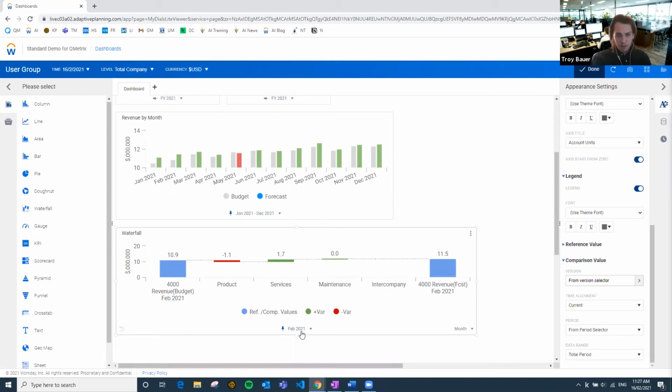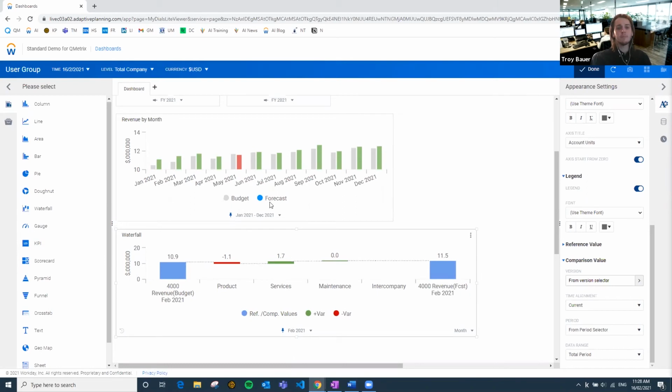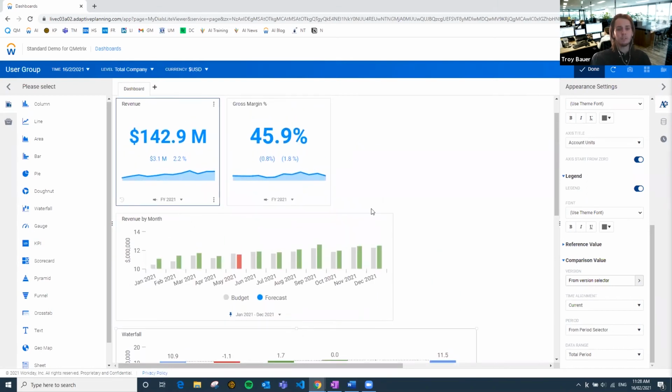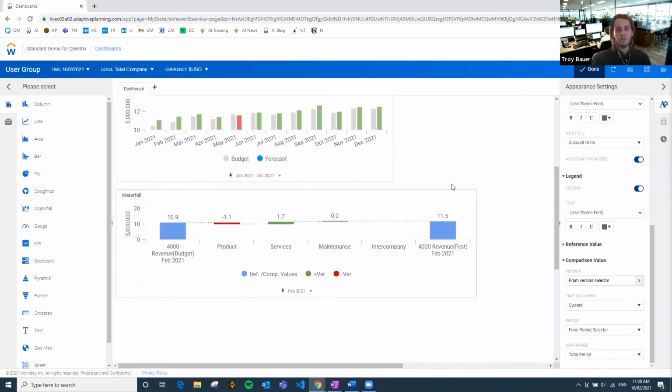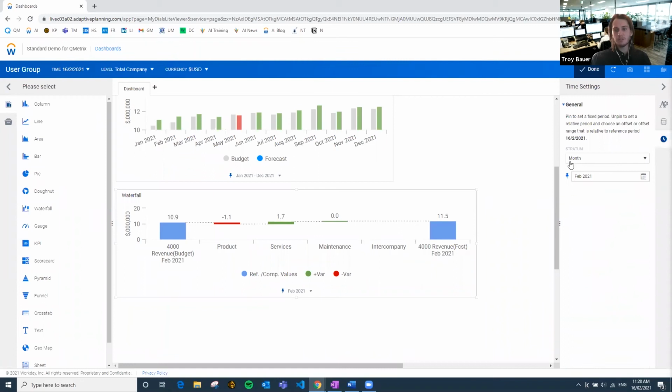The very last thing I want to touch on as far as the output is the time. Again, same as the KPI, the default was the current month. Let's change that to full year. By clicking on the clock on the right-hand side, you can see the stratum there, basically the level of detail of the time. By default, it's month. Click on that, and I'll get my year, full year.